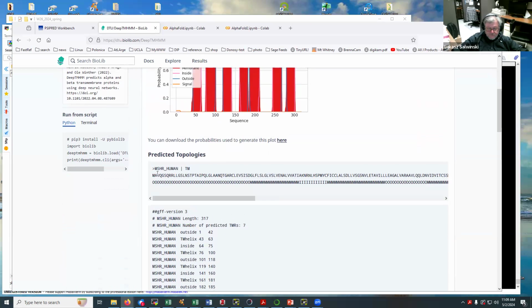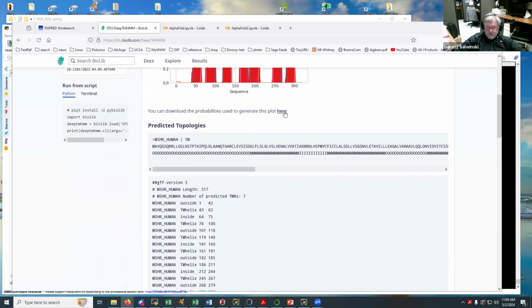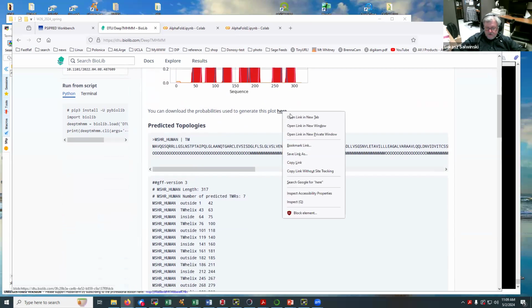You can get just a series of characters corresponding to localization aligned with our sequence, or you can get the values